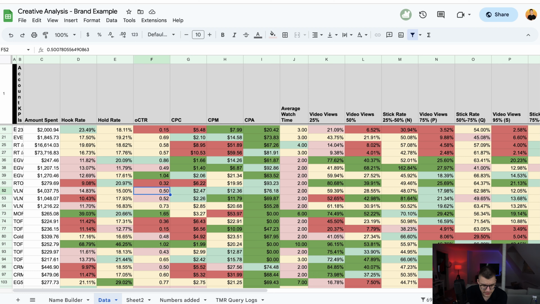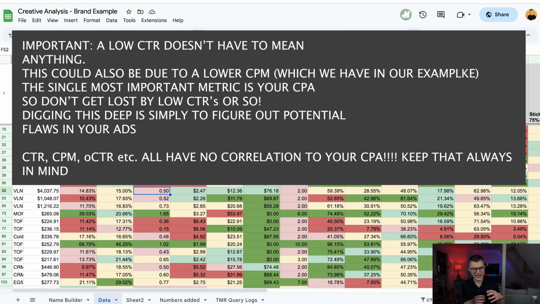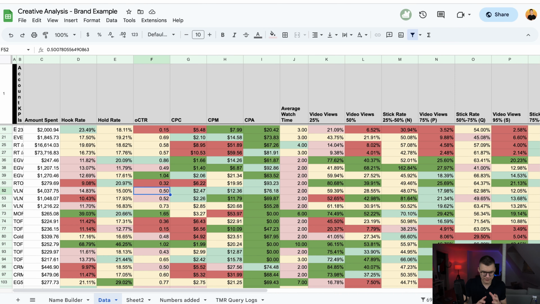Then our outbound CTR, on the other hand, is quite low. And what we can do is figure out why that outbound CTR is low and how to improve it, so our CPC can go down with our CPA going down as well, right? So what I would start with is the hold rate, which looks terrible, below average. So what we can now do is take a look at this ad